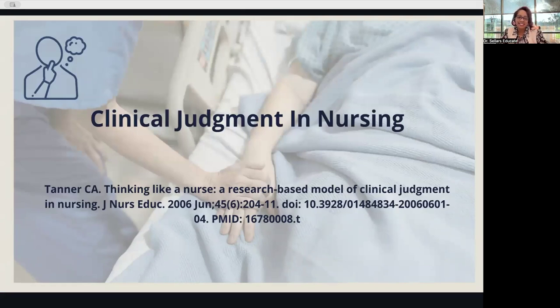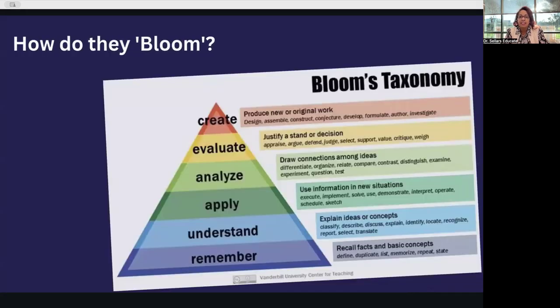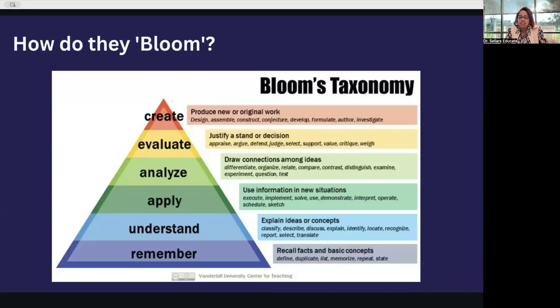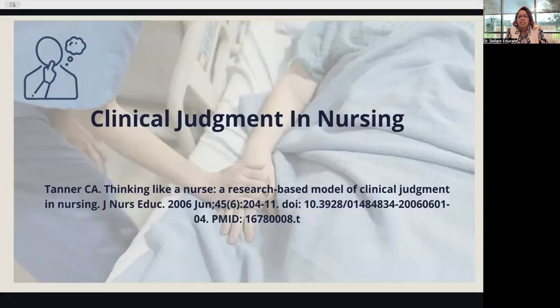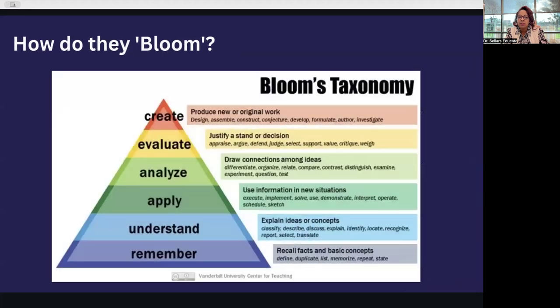Clinical judgment is next. How knowledgeable are you about Tanner's clinical judgment model? Or it could be the NCSBN clinical judgment model. There are about 3 now in the literature that are all evidence-based. If it's not a familiar area for you, I encourage you to take a look at Tanner's model. You can see the citation here, so feel free to print out her resource and read through it. Even though it was published in 2006, we know that it's still very relevant to the work that we do today.